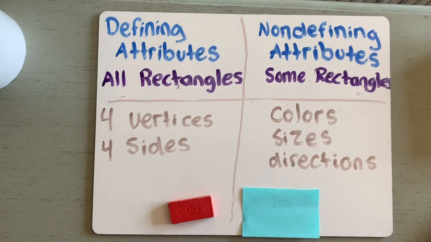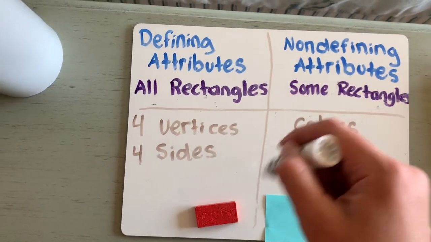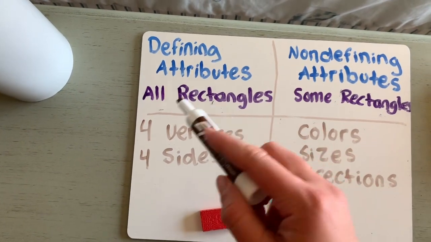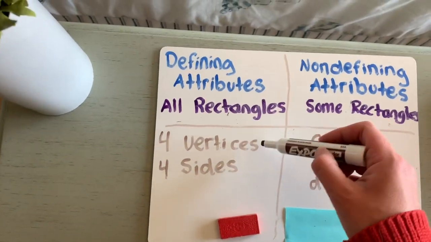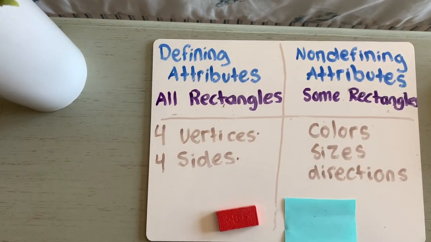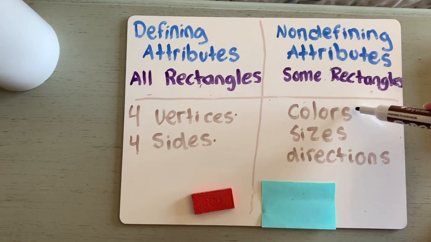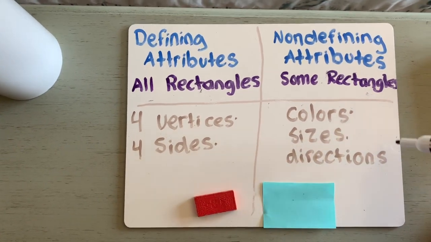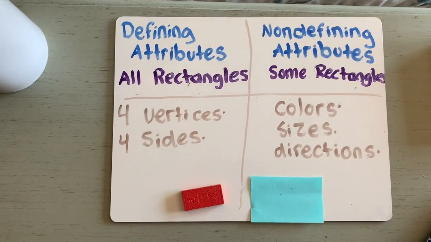So for most shapes, you can say the defining attributes that all that kind of shape have in common are the number of vertices and sides, but things that can be different are colors, sizes, and the directions they're pointing. All right, as a challenge, I want you to take any scraps of paper you have laying around